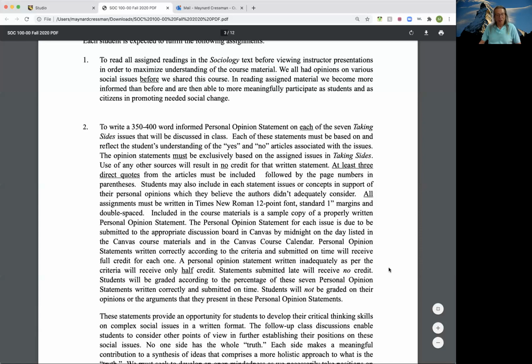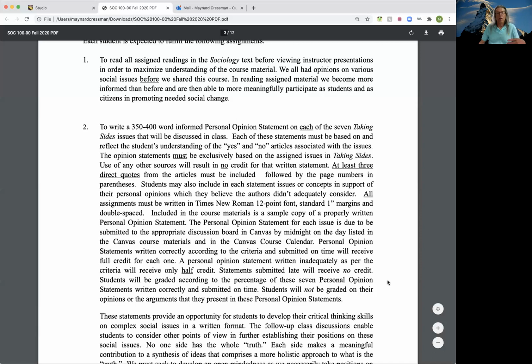You can get them all in ahead of time. Students will not be graded on their opinions or the arguments that they present in these personal opinion statements. I don't grade your opinions. I want you to tell me what your opinion is, which you will share with the other students as well. Now, when you put these into the class discussion, you will see the personal opinion statement matches the class discussions